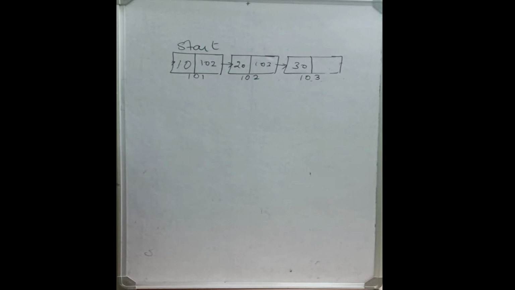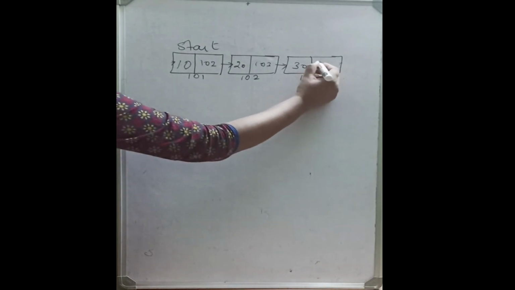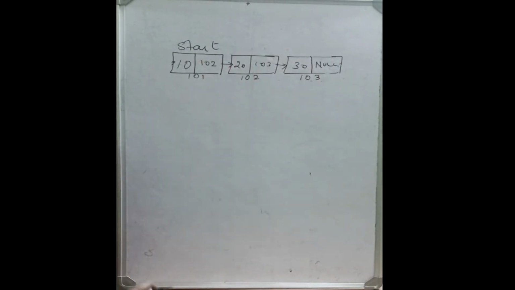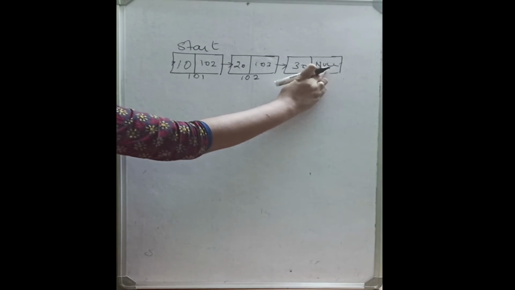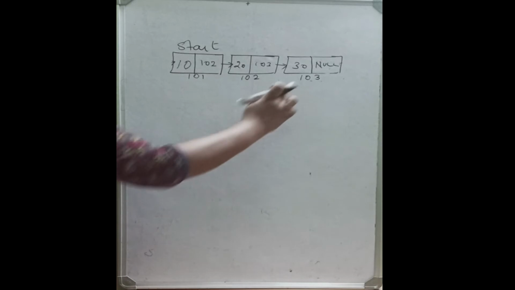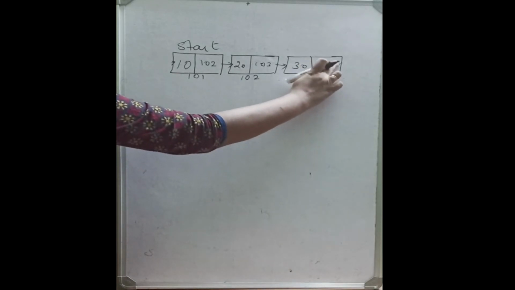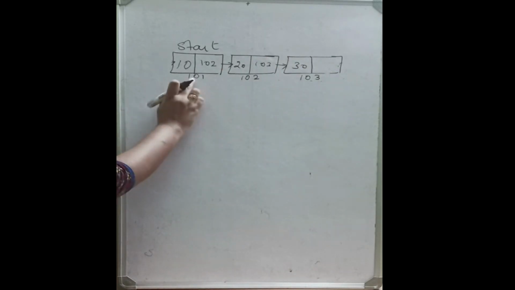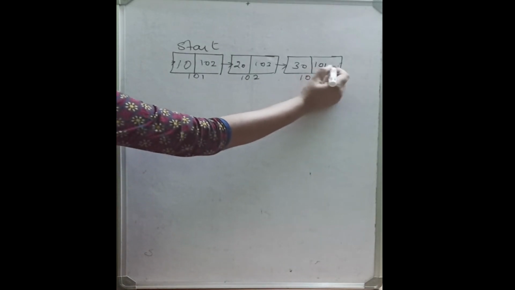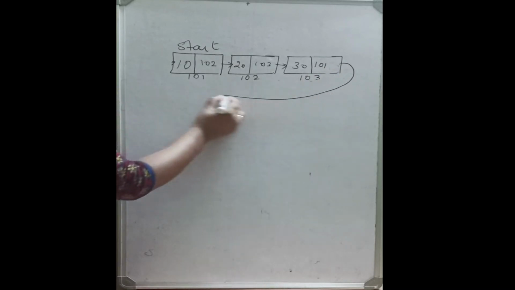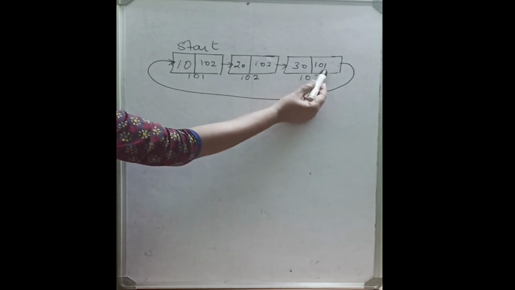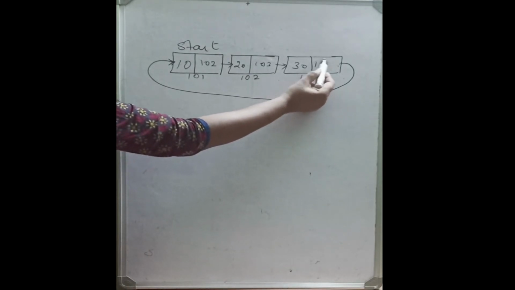In a normal singly linked list, the last field of the last node will have a null value. If you have a null value in this field, it indicates that it is the last node in the list. Instead of this null value, if you store the address of the first node, 101, the last node will link back to the first node.